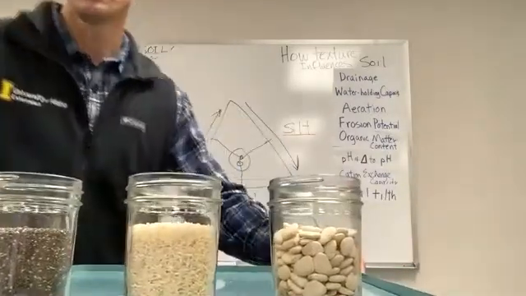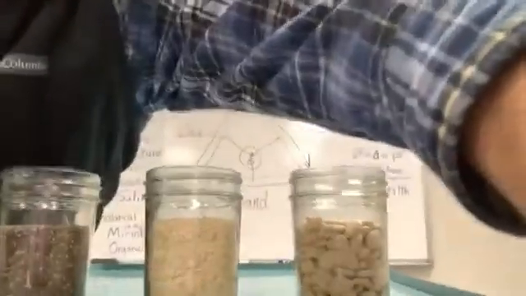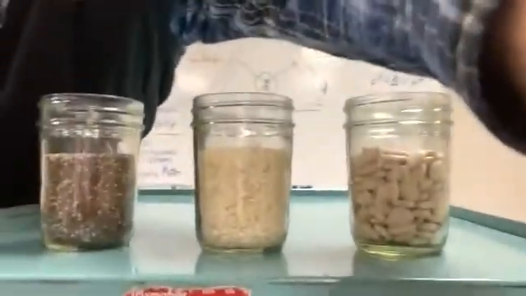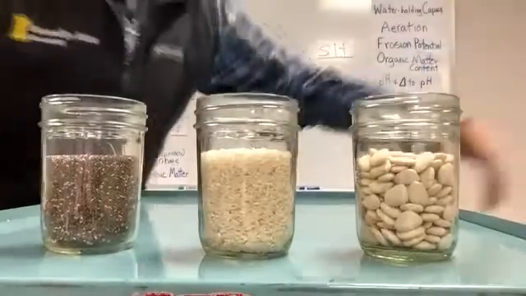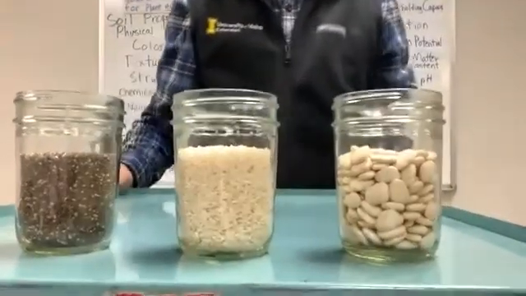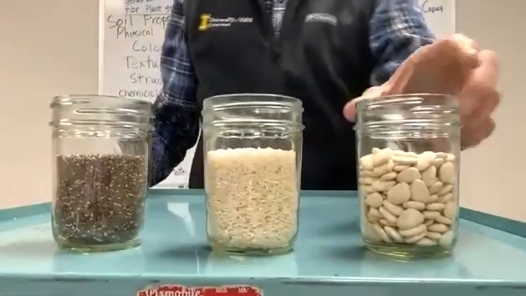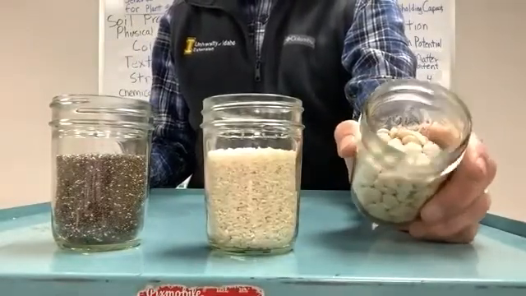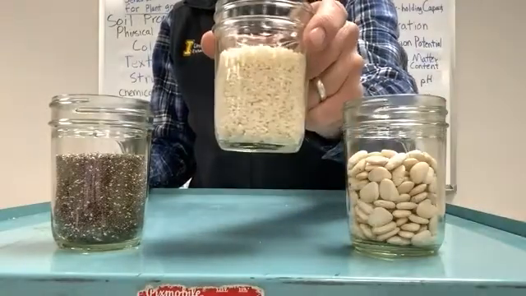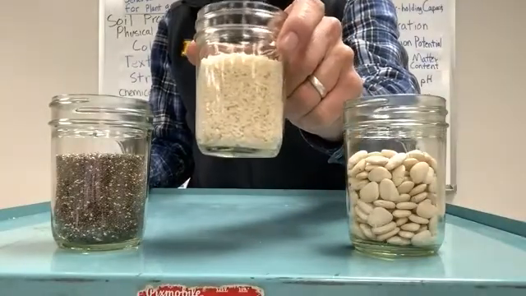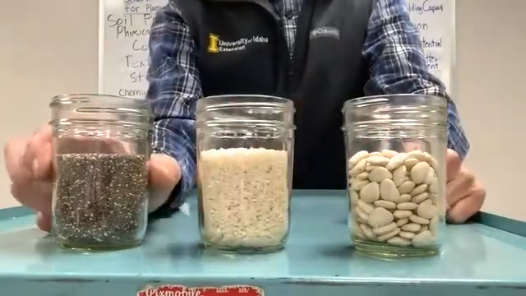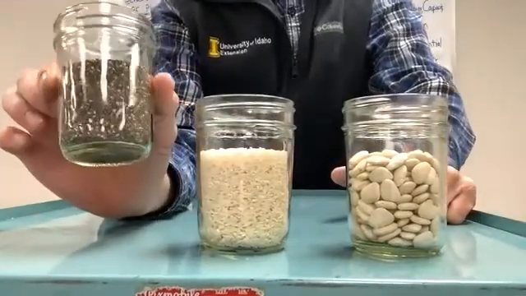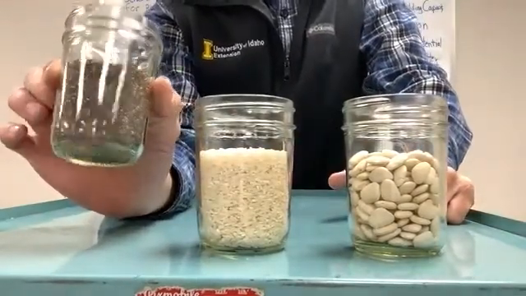So, if I can get this just right here. I have 3 jars here, and this one here is filled with lima beans. This one here is filled with rice. And then this one here, I wish it was another light colored, but it's what I had, was chia